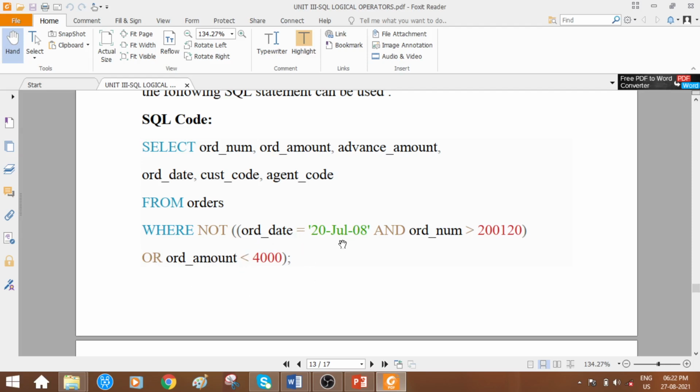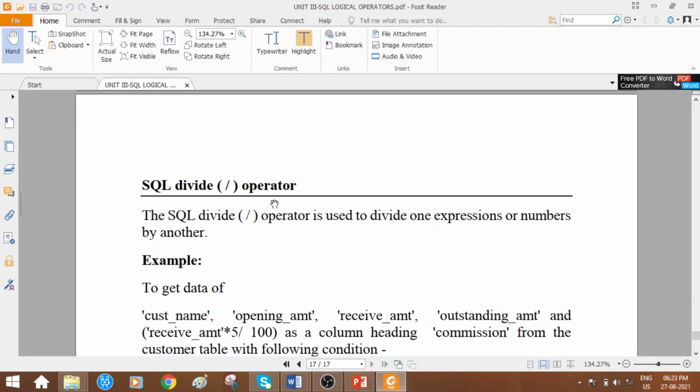So in case this first condition itself is true, what happens? See here, the parenthesis you are finding is NOT. It means the false value. So the rows which do not have this particular date and the rows which do not have the order number greater than 200120, those rows will be displayed.